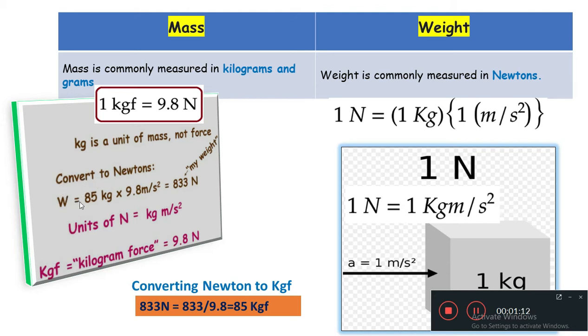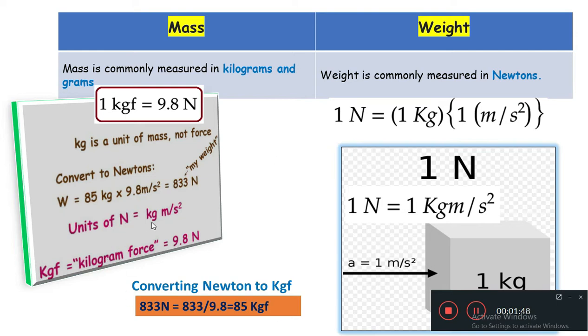Suppose if they are asking us to convert a mass into weight, we have to use this. So W is equal to 85 kg, that is mass, into 9.8 meter per second square, that is acceleration, is equal to 833 newton. So that is called weight. So the unit of newton is kg meter per second square. That is F is equal to ma. F is the unit of force, newton, m is kilogram,